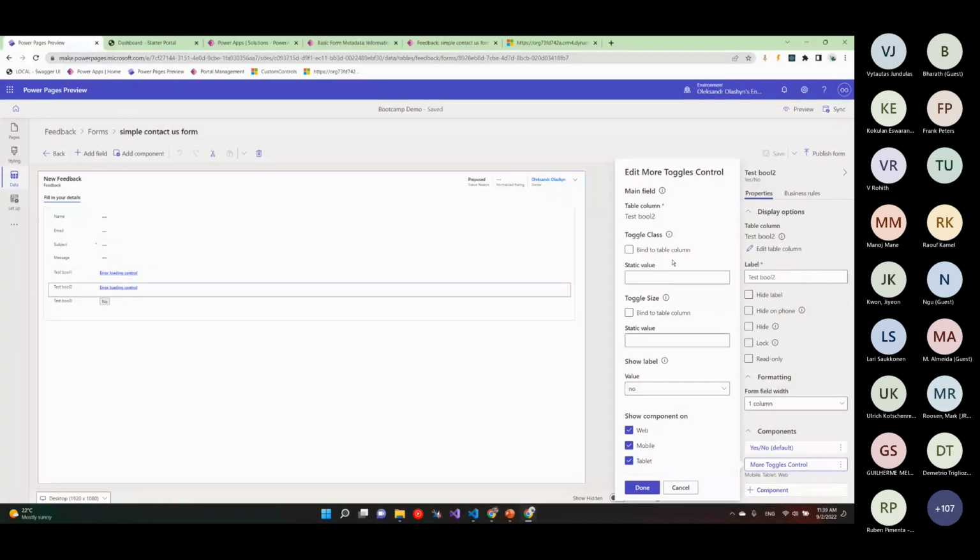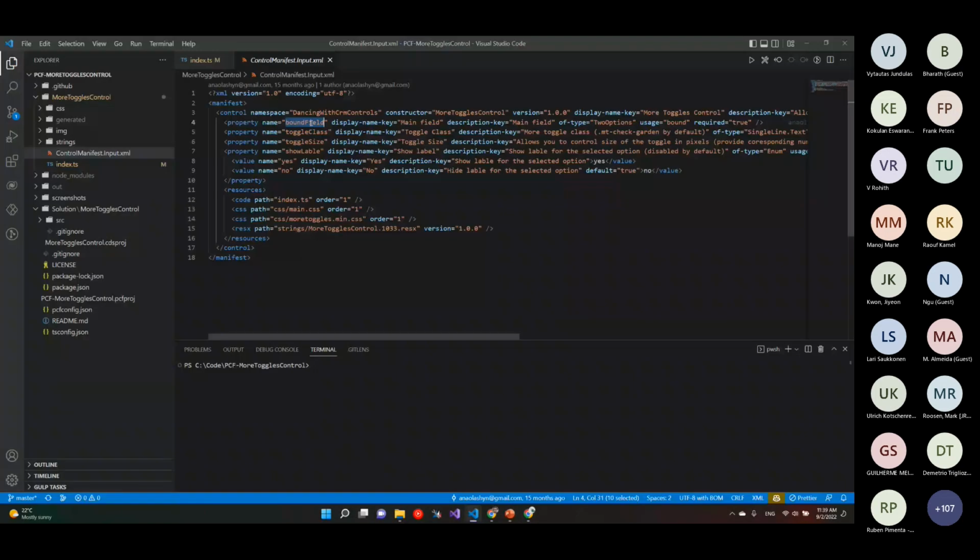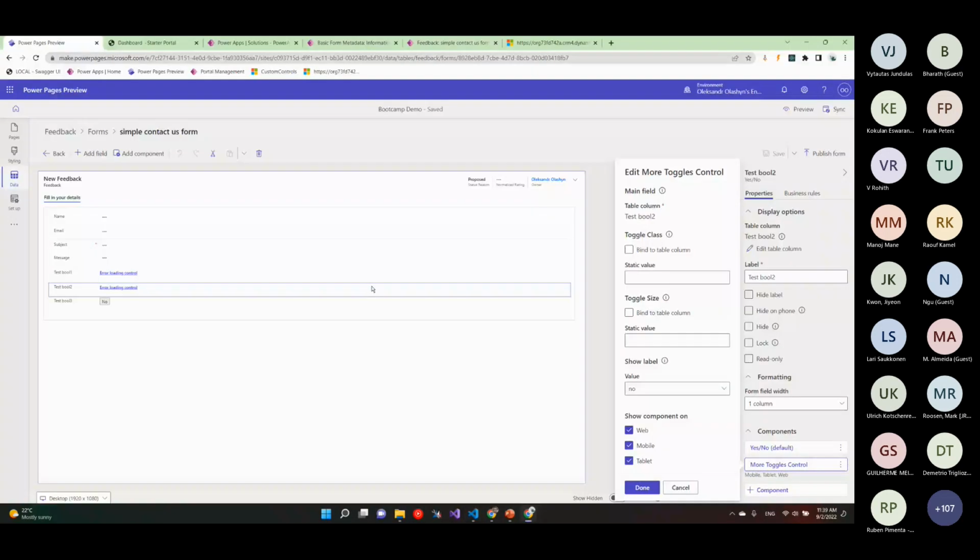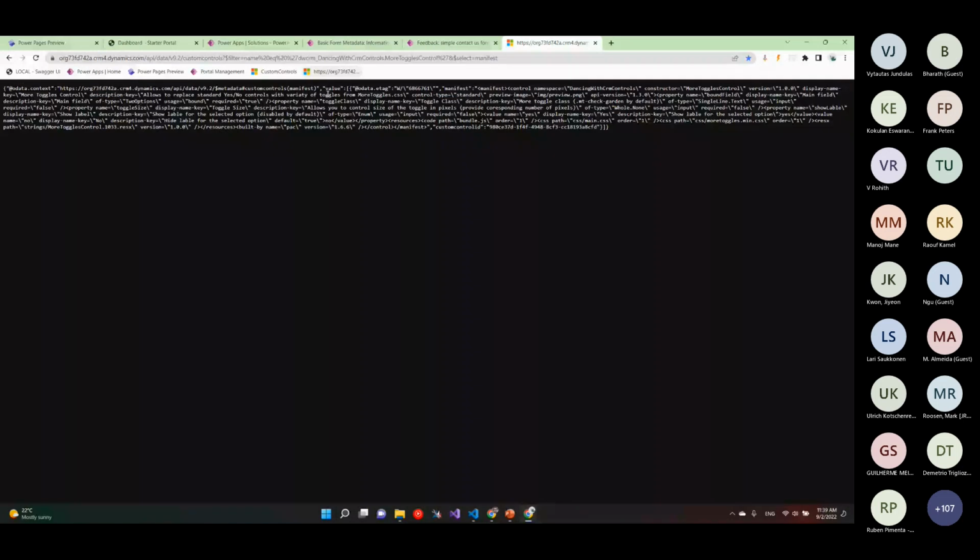But it doesn't say what the actual name is inside of the manifest. So if I want to add more toggles as a standalone, I need to populate at least this field. But the parameter doesn't call it main field. As you might recall, it's called bound field. So how do I identify this? Well, again, in the same not really beautiful fashion, you would need to perform a web API query, and you would need to filter